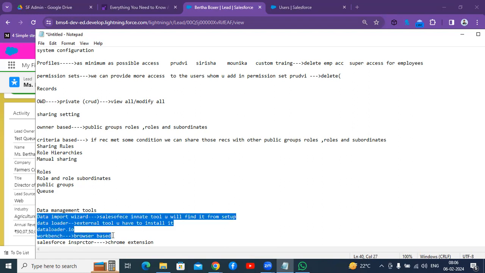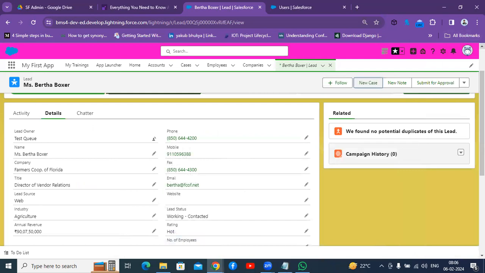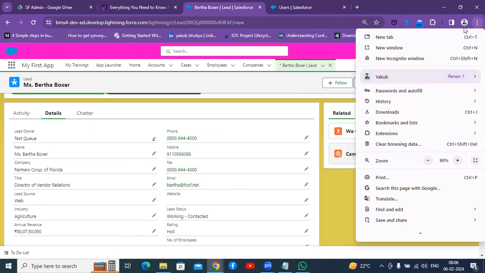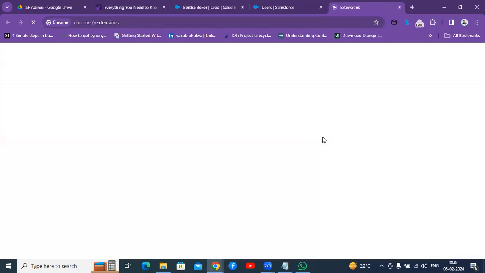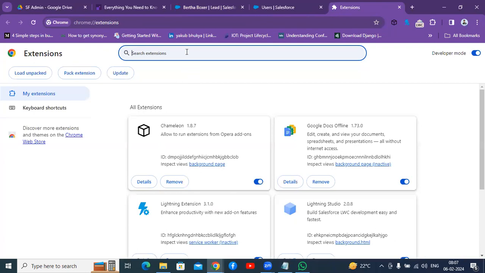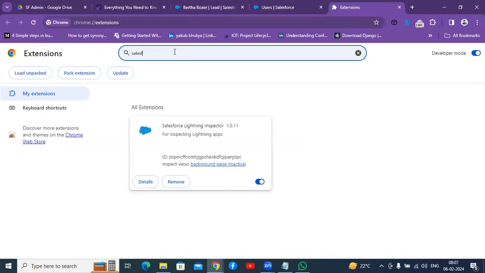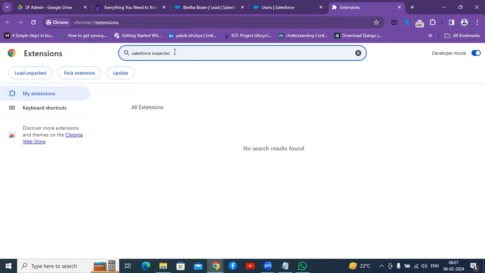The Salesforce Inspector is not required. Coming to the Salesforce Inspector, I'll show you how it looks. I think I did not install it. Extensions. Yes, so I'll add. Chrome Web Store.